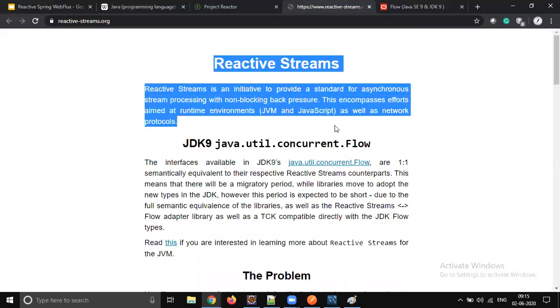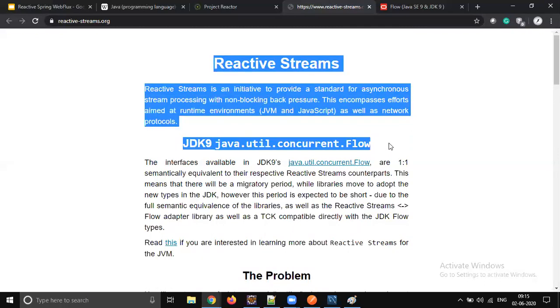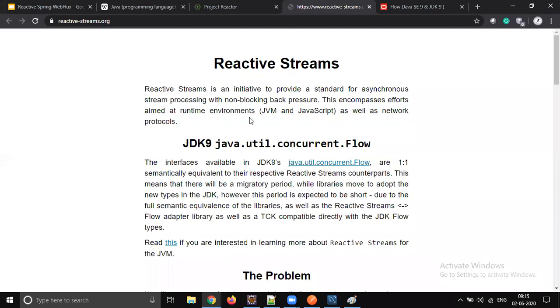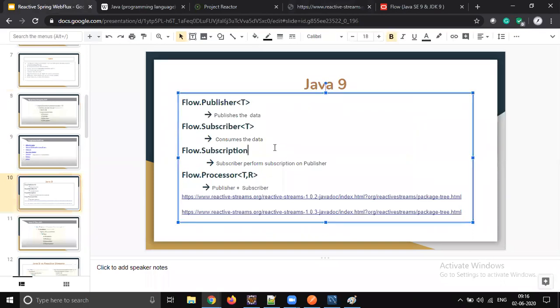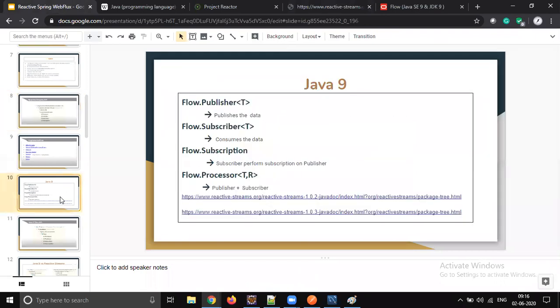They themselves are telling us to use JDK 9, but JDK 8 is not ruled out. Using JDK 8, you still get the benefits of reactive programming. We don't need JDK 1.9. Due to the Java 1.9 changes, we may think we have reactive support only from JDK 1.9, but no, not like that. From 1.8 itself we have the support, but we are going to use a third party library.